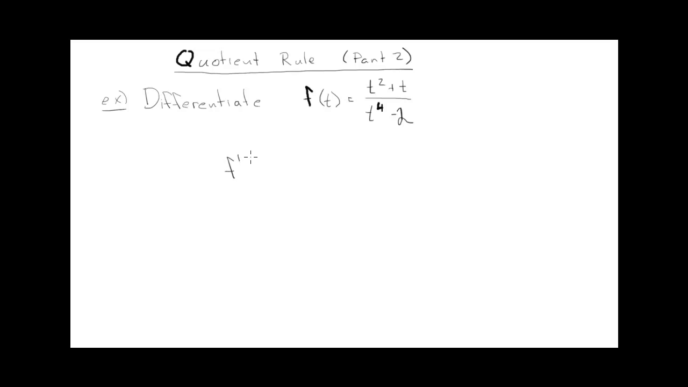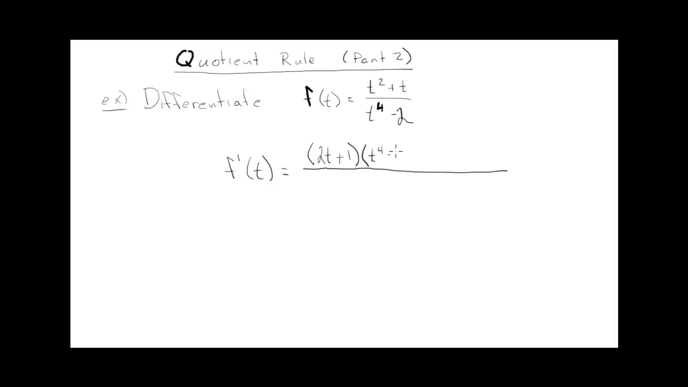So f prime at t. T is our variable. So you're going to need to recall the quotient rule. If you remember, the quotient rule was that you do the derivative of the numerator. So take the derivative of t squared plus t, which is 2t plus 1, times, you leave the bottom, so